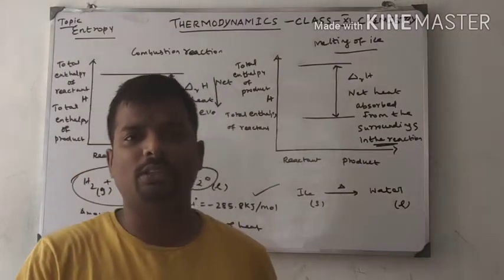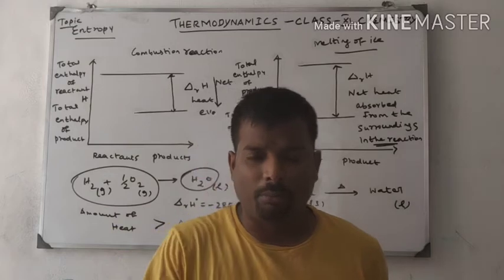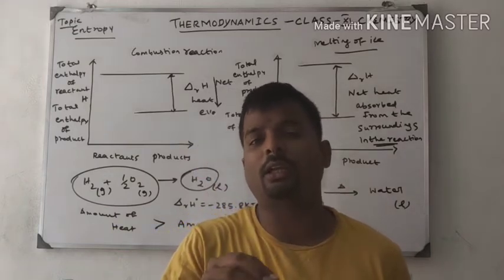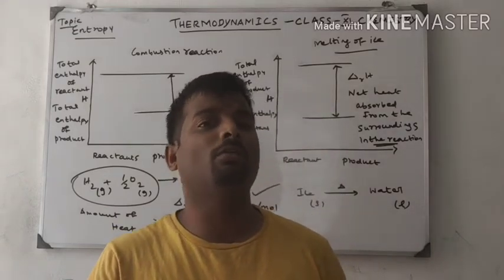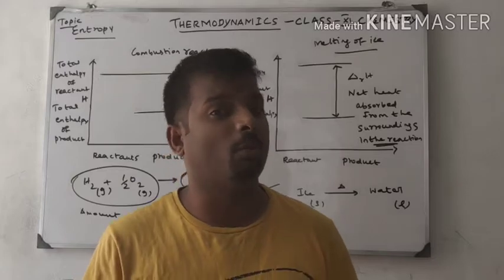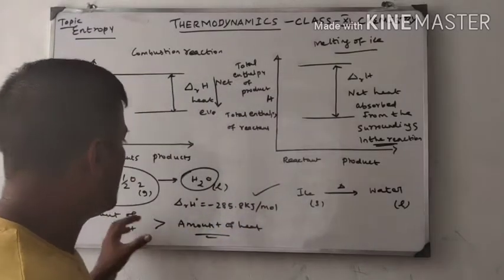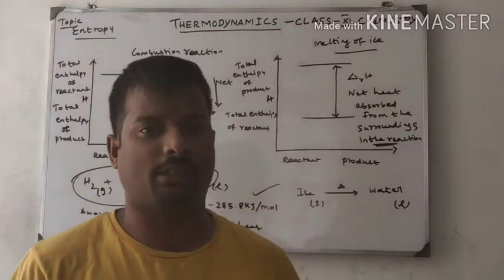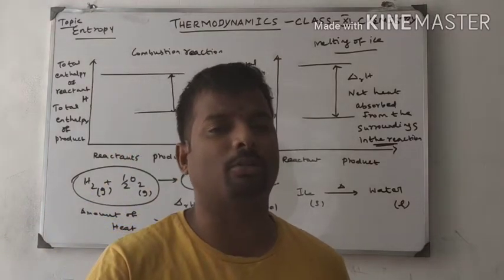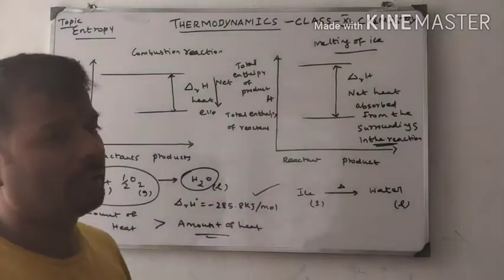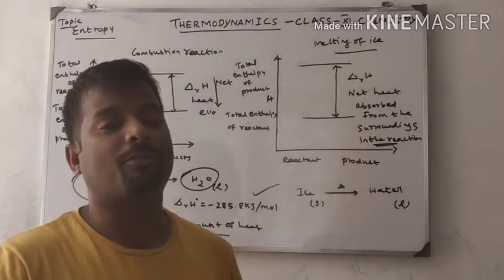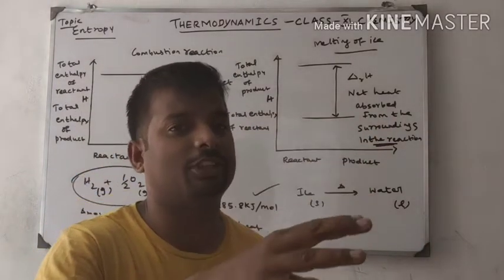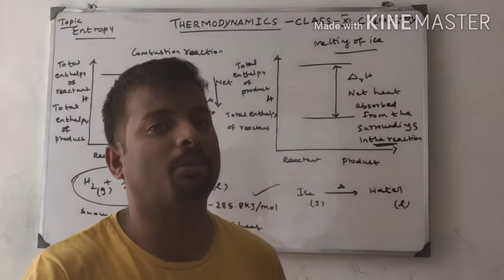One more thing: a molecule in a stable state contains less energy, and a molecule in an excited state has more energy. Therefore, the reactant loses energy and stabilizes to form product. Product is a stable molecule. The reactant on heating goes to an excited state, so it releases the excess energy and slowly forms product.